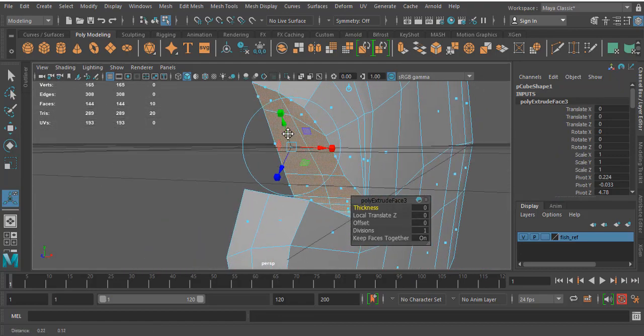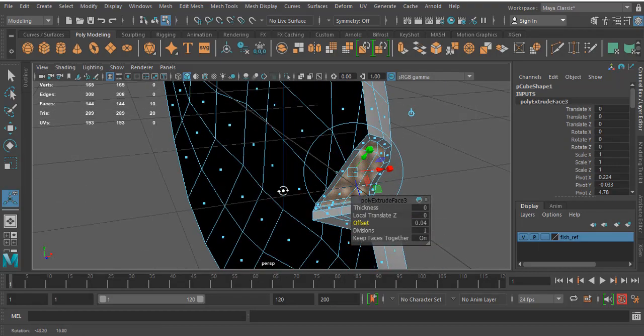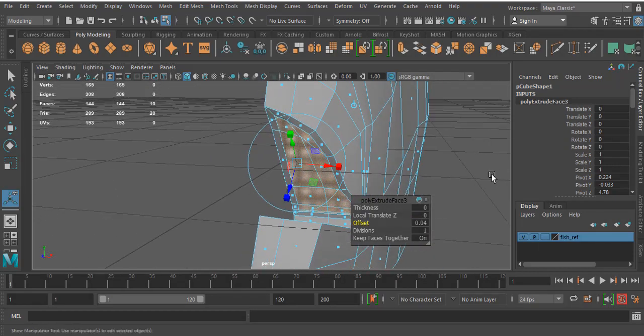Do not move this anywhere. Once you extrude this, you can see the offset value. Can you see the offset option? Just click on this area, give 0.1. That's too small, just give 0.01. Okay, 0.04. That's good, I think. Okay, fine. Offset.